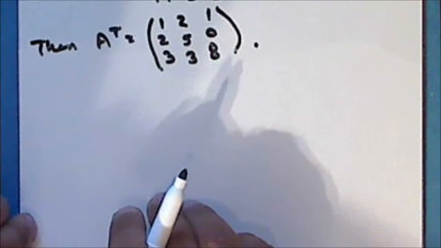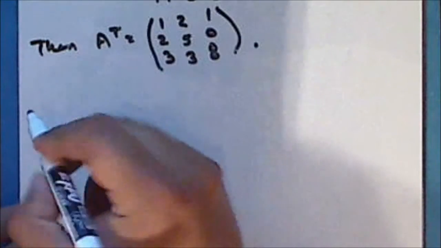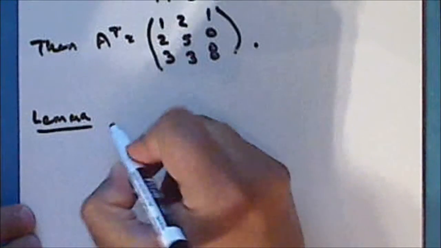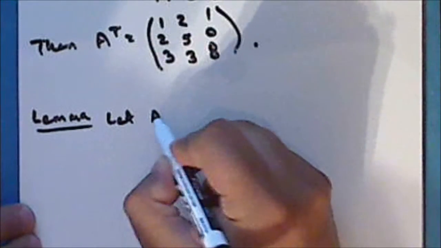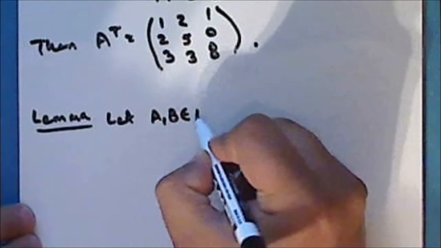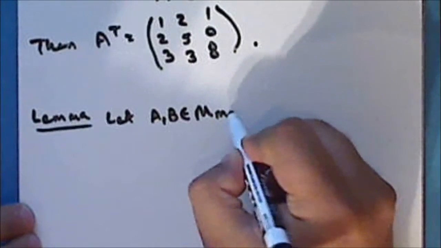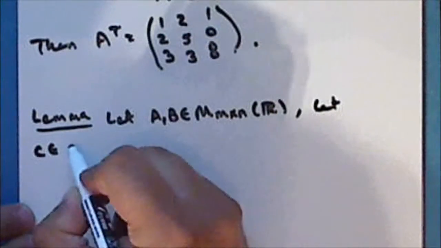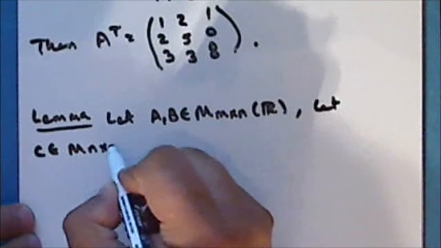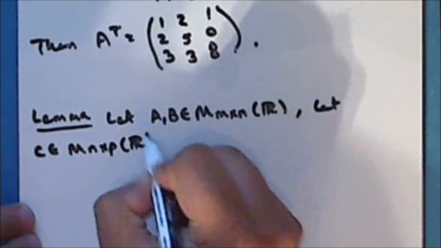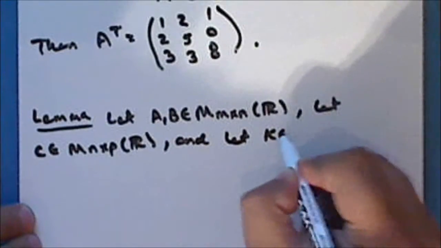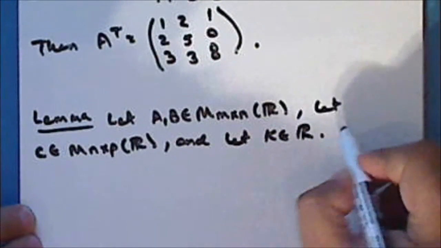So next we'll look at some properties of transposes, and we'll state it as a lemma. So let A and B be M by N matrices with real entries. Let C be an N by P matrix with real entries. And let K be any real scalar. Then